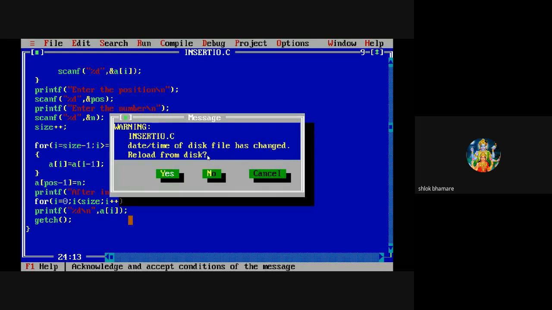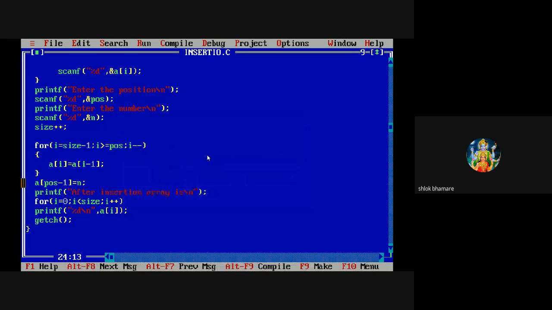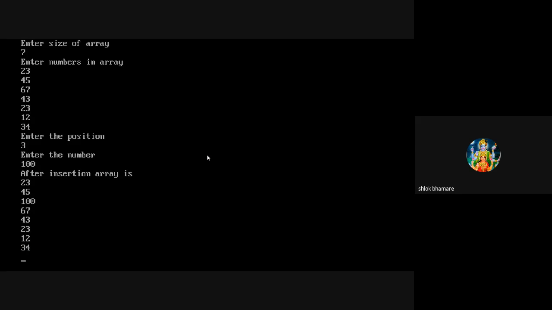Debug the program. Now, here, why have we taken POS minus 1? Why is the number inserted at POS minus 1? See, when I say the third position, that means array elements are stored from 0.